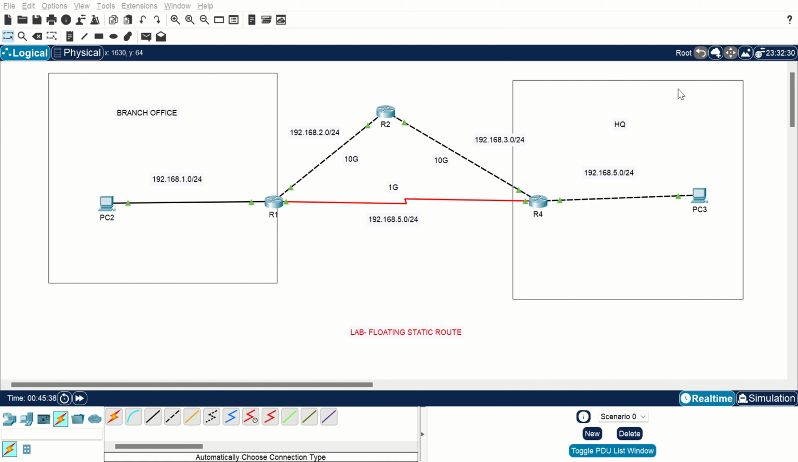One path has 10G links with higher bandwidth, which is running OSPF, which has an administrative distance of 110, and there is a slower link with 1G between R1 and R4 on which I am running a static route. So by default, the traffic will pass through the lower bandwidth link, that is the 1G link between R1 and R4. So we have to make sure the traffic is passing through the higher bandwidth link, that is the 10G link between R1, R2 and R4,